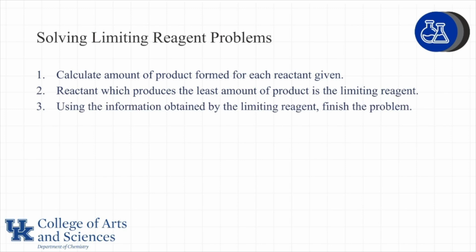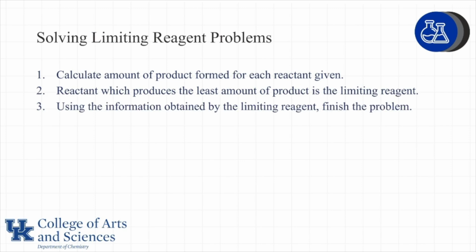To solve limiting reagent problems, first, calculate the amount of product formed for each reactant given. We did that by assuming iron was limiting, then assuming oxygen was limiting. Then we look at the reactant which produces the least amount of product. That is our limiting reagent. We always have to look at the amount of product formed, not at the amount of the reactants. And then using whatever information we have along with whatever is being asked in the problem, we can then finish